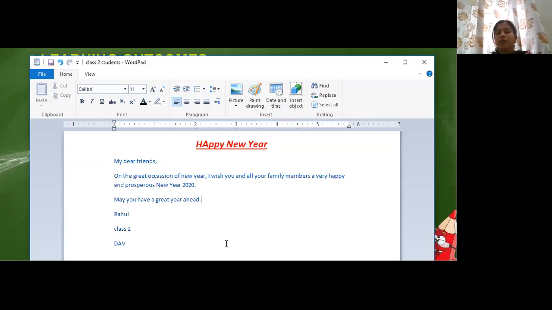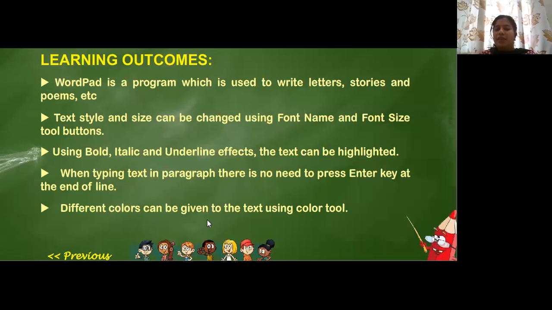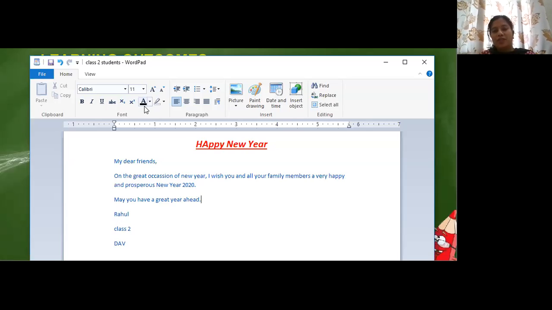We call it word wrapping. In the sense, when the line is finished and by itself it comes down, we call it word wrapping. Different colors can be given to text using the color tool. Using this color tool, we can give different colors to our letters, right?